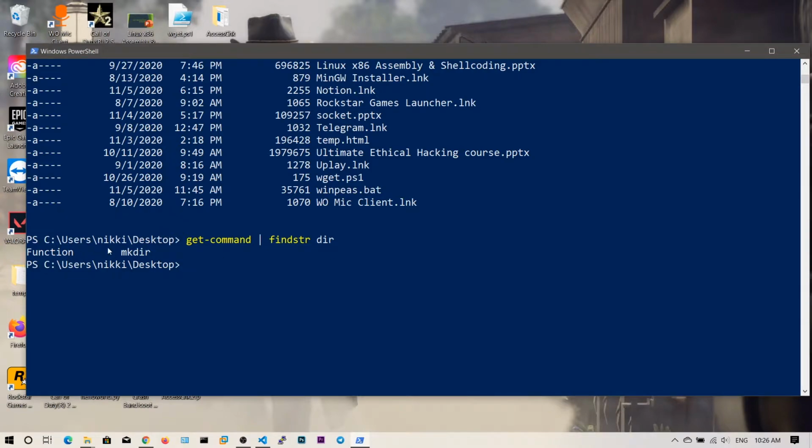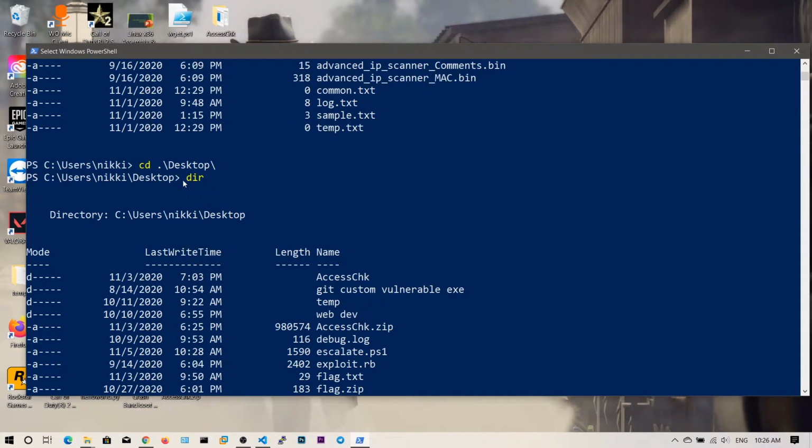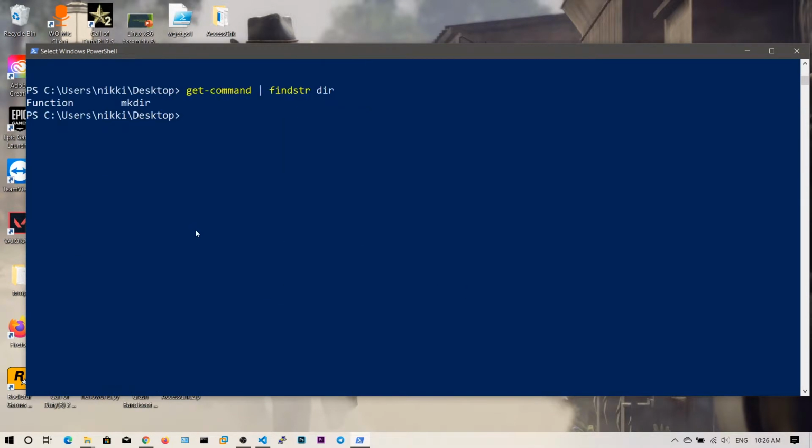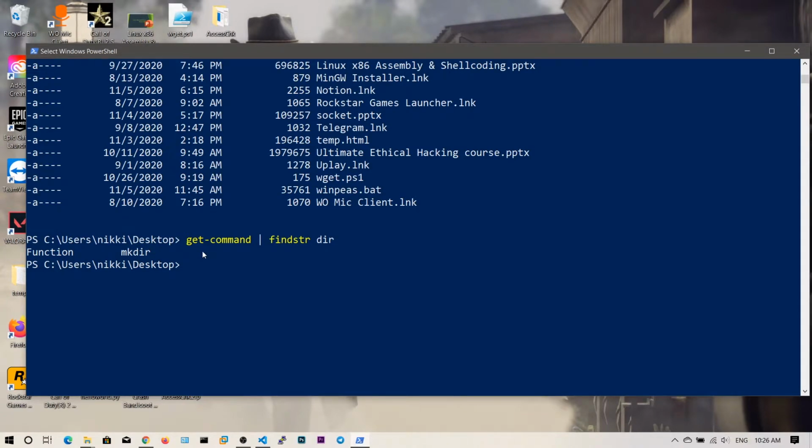As you can see, there is only one function, that is mkdir, because where is dir? From the PowerShell latest versions, these aliases have been moved to another command, that is Get-Alias.